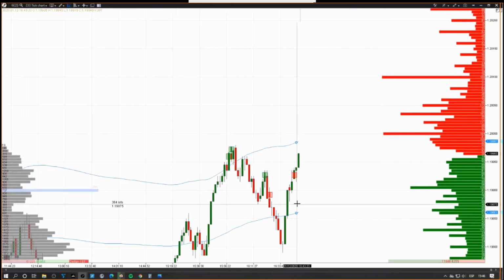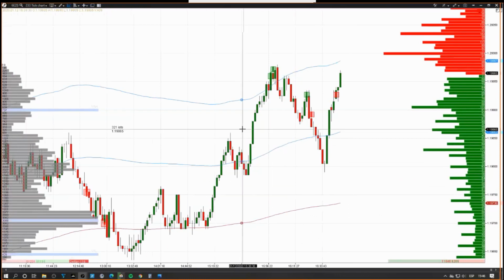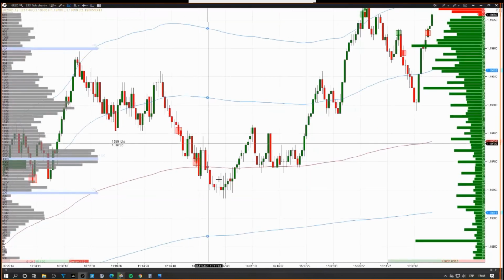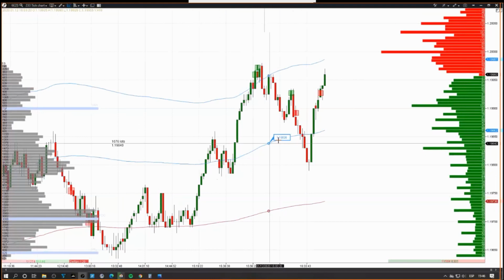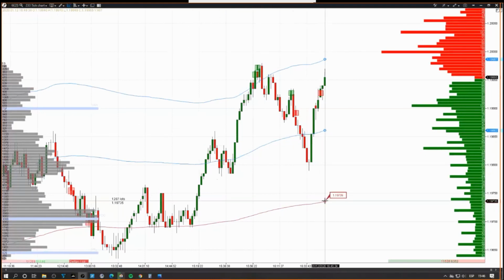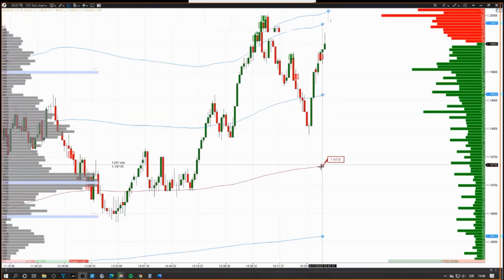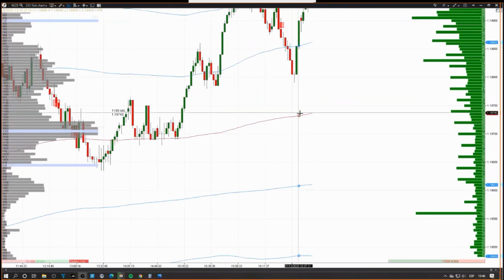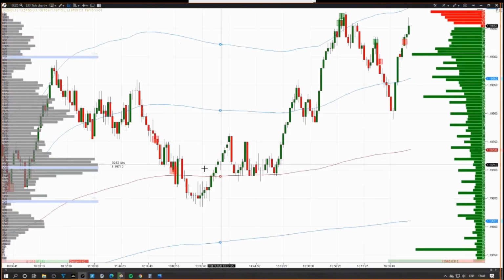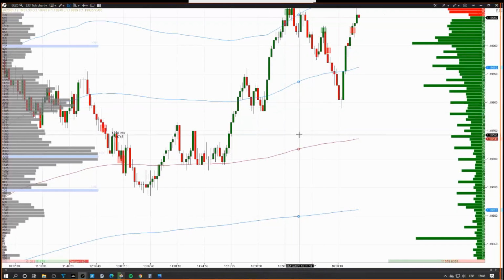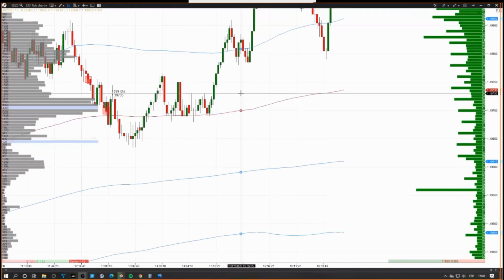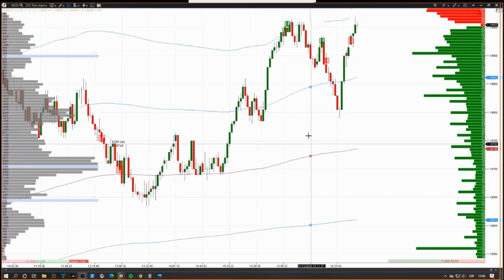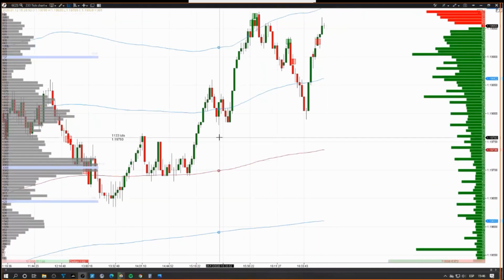And here we have the candlesticks, which I use just as reference to see in an easy way, at a glance, what's going on in the market. I also have this indicator, these blue lines and this red line here, which is a VWAP. It's a volume average. It shows me the volume average of the day. I can set it up to see the volume average of yesterday, last week, last month. In my case, I use it every day, so it starts showing me the average of the volume at the beginning of the trading session.